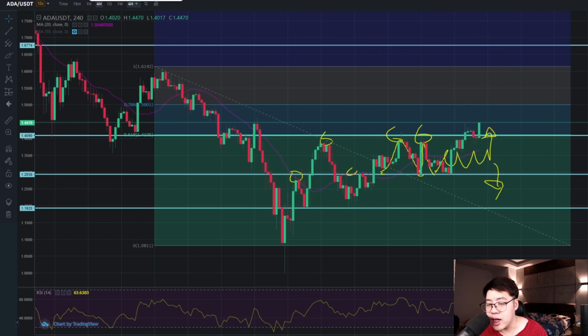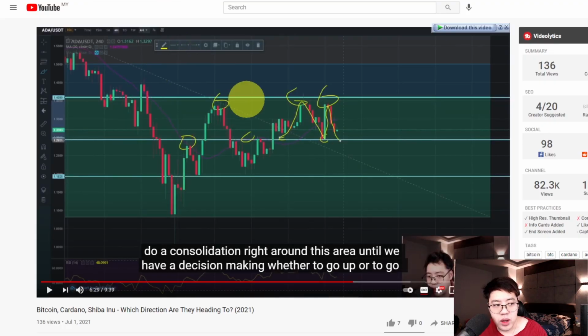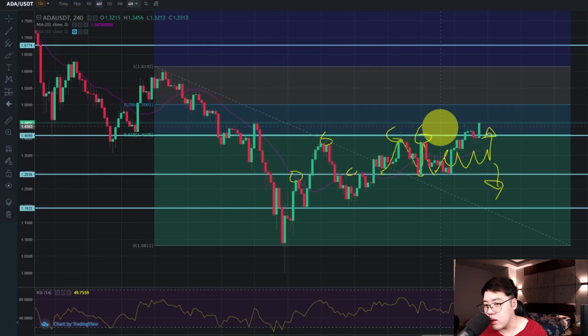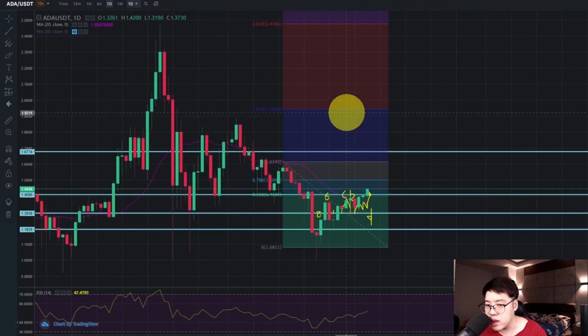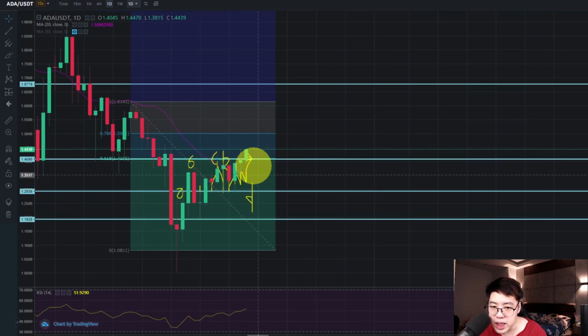In my previous video, I had actually shown a quick update on ADA. This week, what is going to happen? Looking at the YouTube video that I showed earlier, you can see that I stated that it will do a consolidation right around this area until it makes a decision whether to go up or go down. Looking at this right now, it seems like it has already surpassed the $1.40 area. It holds around this $1.40 area, but looking at the daily chart, you can see that it doesn't really close